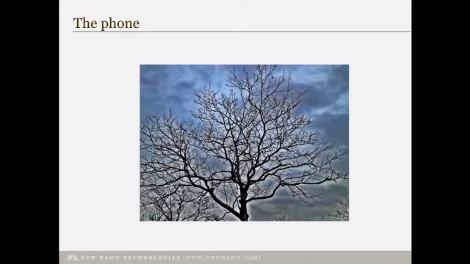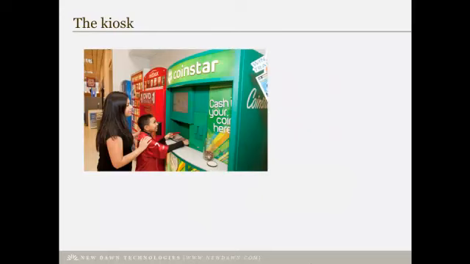The next one is the kiosk, and I've talked about the kiosks before. This picture is just a line of kiosks, and I thought it was interesting how many different kiosks are available right now. We're familiar with the Redbox and renting movies for $1 a day. I don't know if you're familiar with the Coinstar. I have several jars of change on the top of my fridge. When they fill up to a certain level, I always find a Coinstar